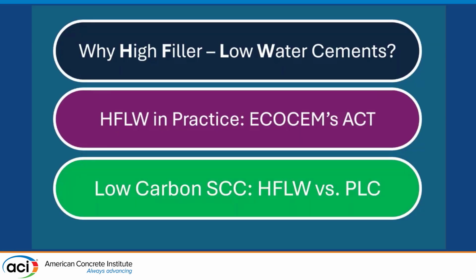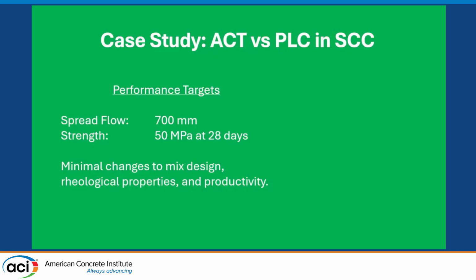So now I'll get to the third part, which is low carbon SCC, the high filler, low water cement versus a PLC. This is an example of the sort of challenges we're facing at the moment in Europe. We have a potential client who sets the targets that are actually pretty straightforward here. They want a spread flow of 700 millimeters, and in terms of strength, they're looking for 50 MPa at 28